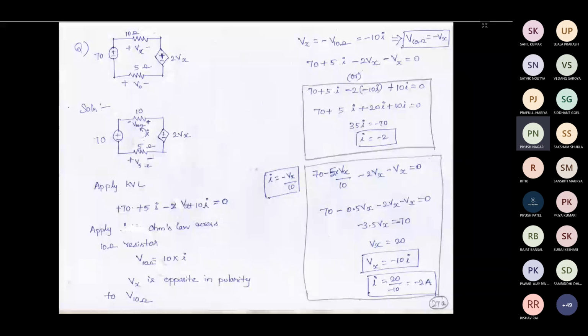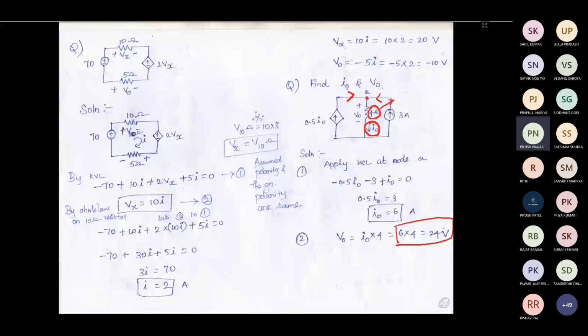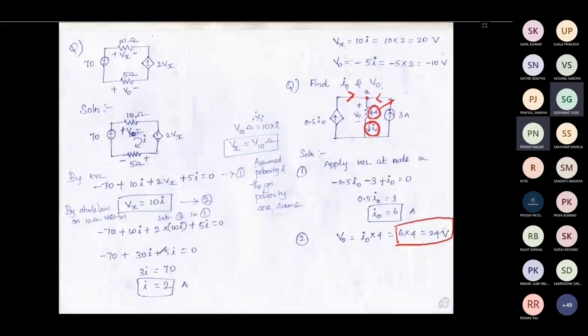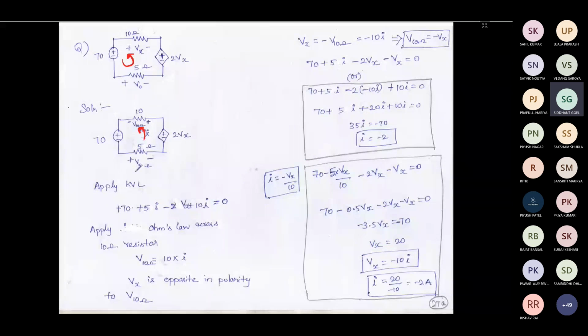This is the same problem which we had considered previously, but one difference is I have assumed the current direction in the reverse way rather than the actual way. For this problem we had got current as positive, so we will be getting current as negative here. We have already found the current, so we can just take it as it is. So the current will come as negative here, right?